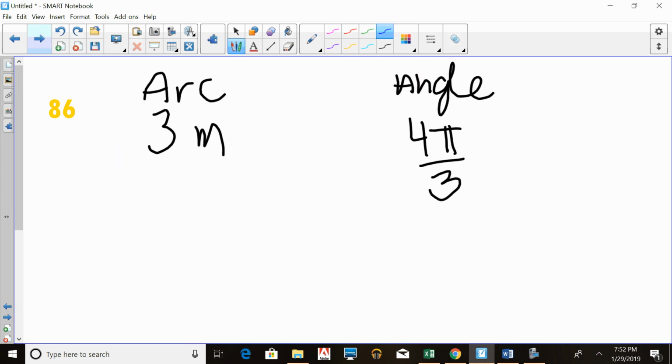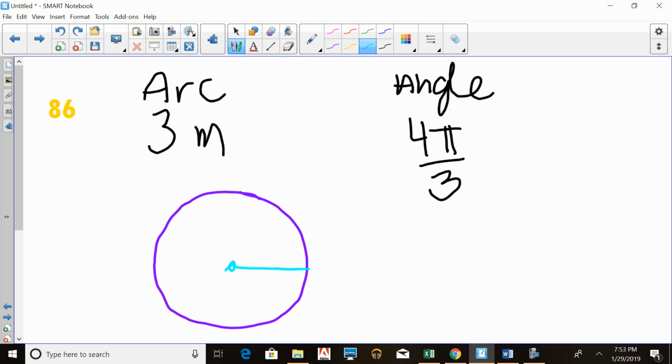All right, so now for 86, you were given an arc length of 3 and an angle of 4 pi over 3, and you were supposed to figure out the radius of the circle. Let's draw ourselves a circle first. That's a complete circle. You're trying to find this distance from here to there, and its central angle is 4